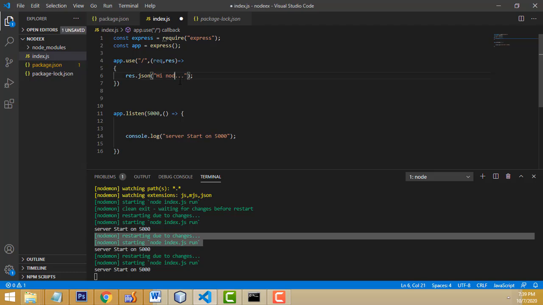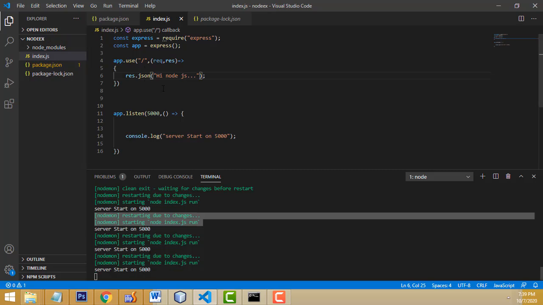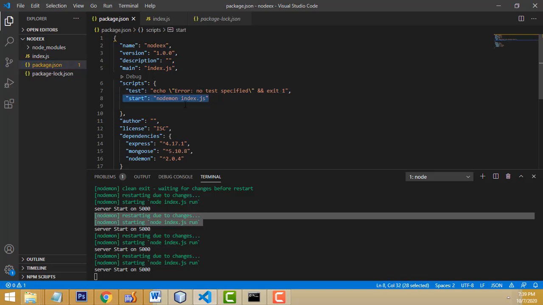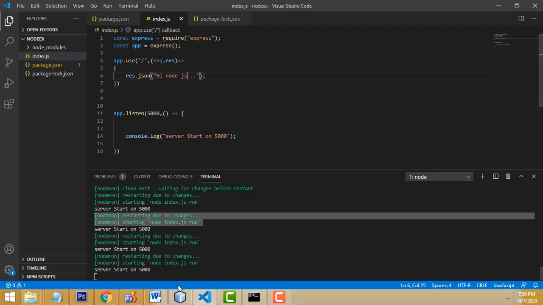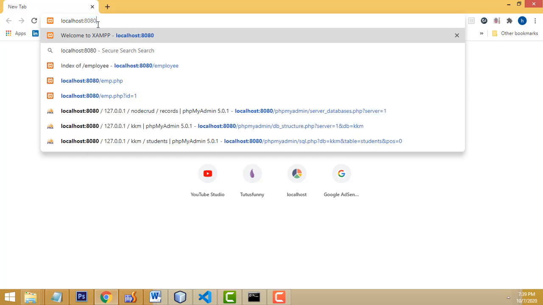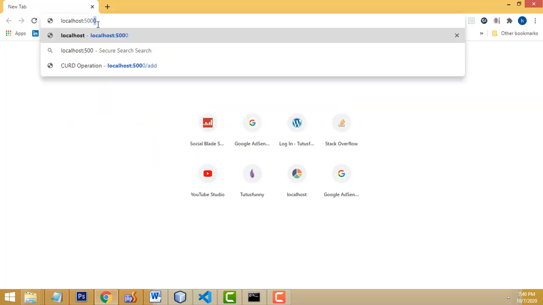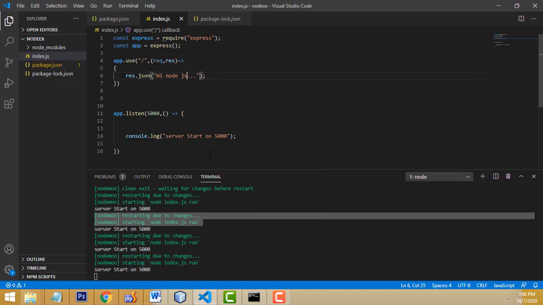Here I'm going to write Node.js. Okay, unsaved file. If you save the file, here your Nodemon will be observing your file. What observing means is you have told it here, start nodemon index.js, meaning it is observing your file. But the changes you have made, when you save, automatically change here. Start port. If you run through this port, you will be able to see it on localhost. Whatever port you have to run, press enter. Hi Node.js. Right, here your message will be successfully displayed. Hi Node.js. Right. This is a very simple server connect program you have to write.